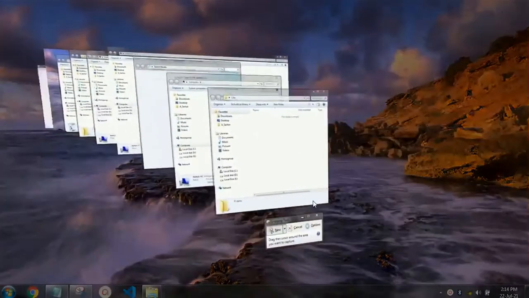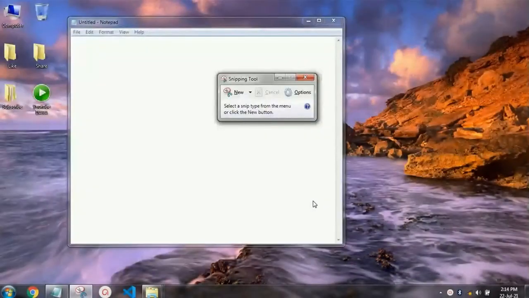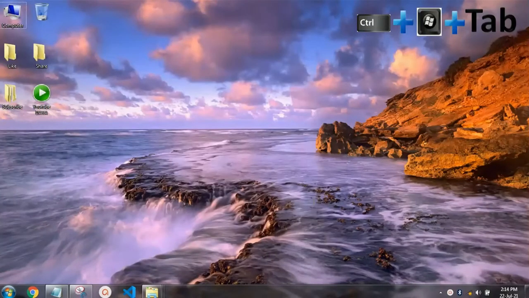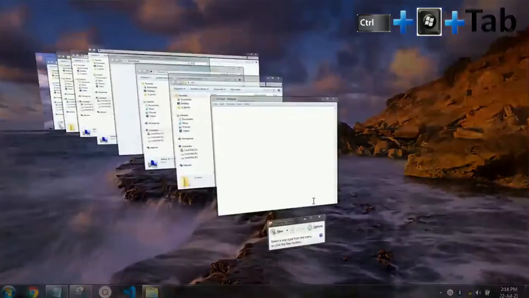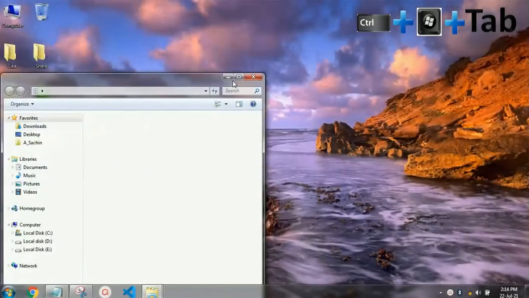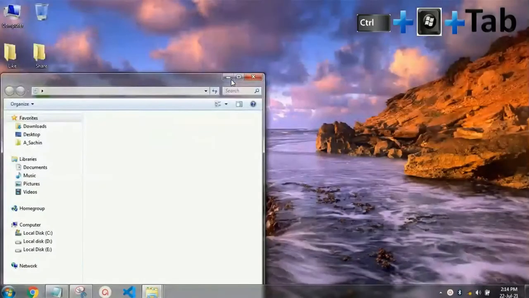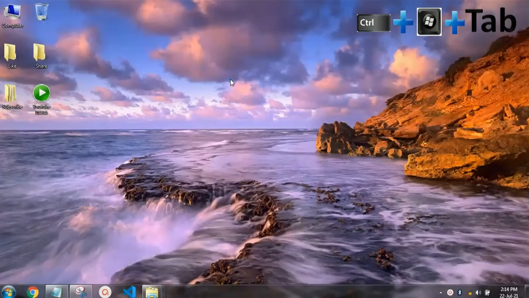Windows Tab you understand. Now let's move to shortcut key number 15th, which is Control, Tab and Windows. You have to press Control, Windows and Tab. As you press, you can now leave your shortcut keys and now you can normally select whatever window you want. For example, I want this recycle bin, so I can directly select from here. In Windows Tab, you have to hold that button, otherwise it will go. Okay, I think you understand it.